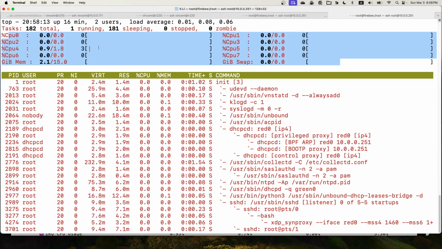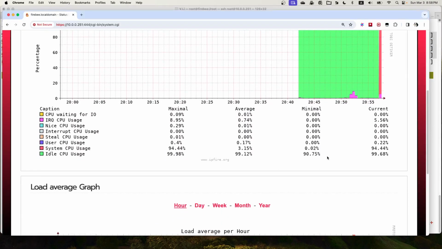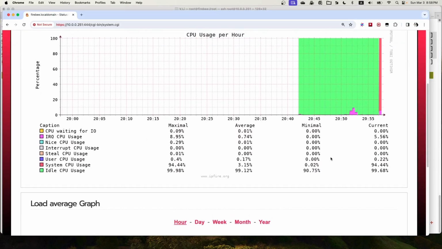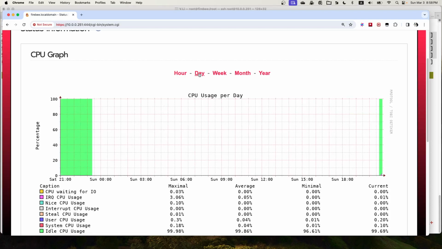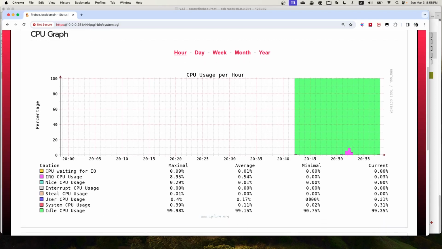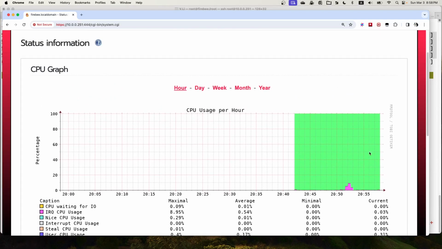And so yeah, also we can look at the graph. Graph here, hour, day, hour. Yeah, so that's a refresh, and you can see here nothing shows up at this time, right? So this is a previous test, and